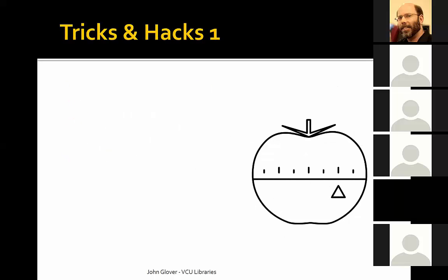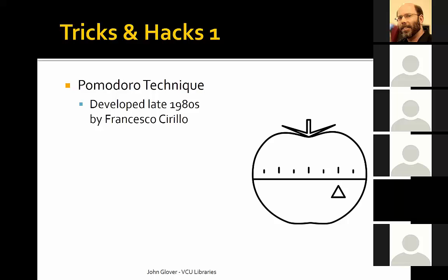Tricks and hacks. There are many, many different techniques in order to make your research and writing more effective. One technique that's been around for some time, developed in the late 1980s by Francesco Cirillo, is the Pomodoro Technique. Many different sites out there online have information about this, or tools or apps to help you do it, but the core of it is working intensively for a set period of time, typically 25 minutes of working with a 5-minute break, along with making comments on notes on a sheet of paper to yourself indicating that you have finished a Pomodoro,